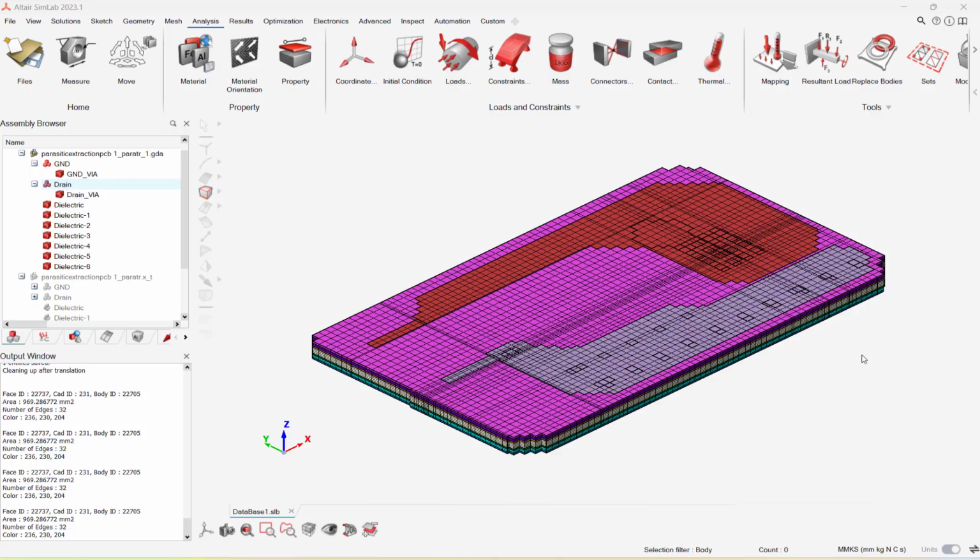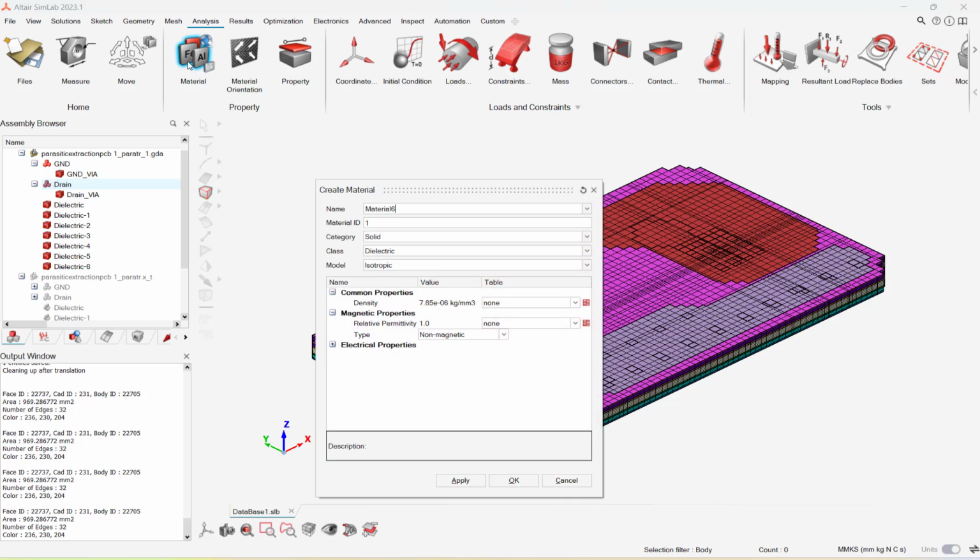As discussed earlier, now we need to create and assign materials. To create materials, use the Analysis option, finally select Material, and you can see a pop-up window called Create Material appears. Now I want to create a material of copper, which comes under the category of metal. So I am selecting metal as the class here, and I am renaming it as copper.